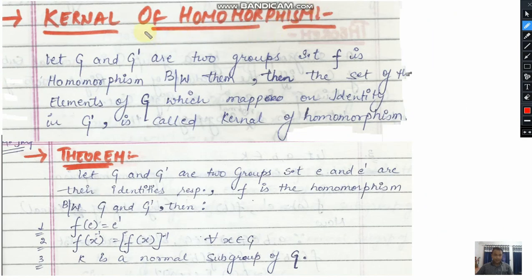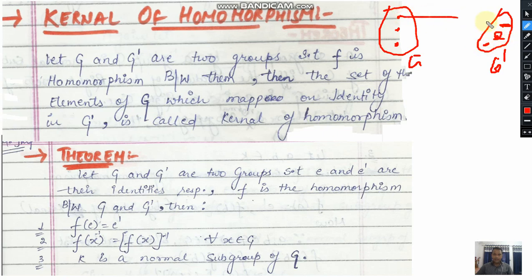Let's discuss one more important definition. This is kernel of homomorphism. What is the kernel of homomorphism? Let us suppose there are two groups. This is group G, and this is one more group, G dash. And there is a homomorphism between G and G dash. It means the elements of G are being mapped on the elements of G dash. Let us suppose this element, and this element. These are three elements which are mapped on some elements here. And this is the identity element. Let us suppose the first element is associated with this. The second element is mapped on identity, while the third element is mapped on identity in G dash. So these two elements are known as the kernel of G.